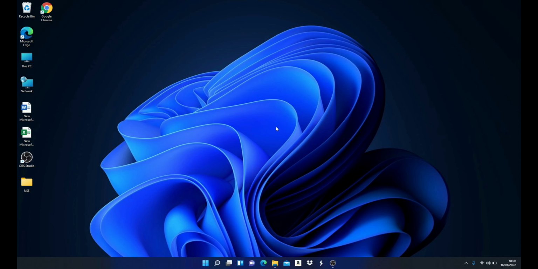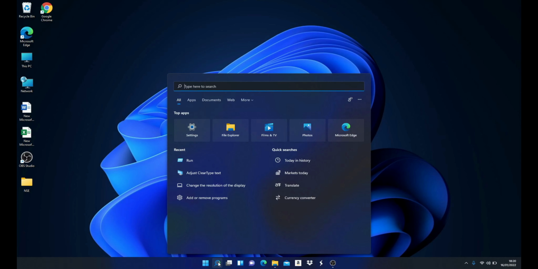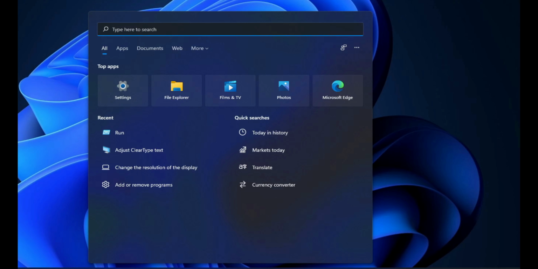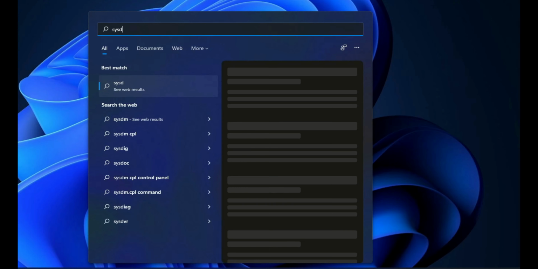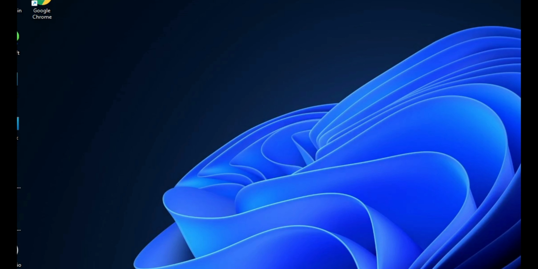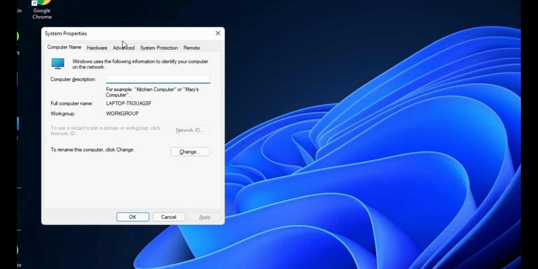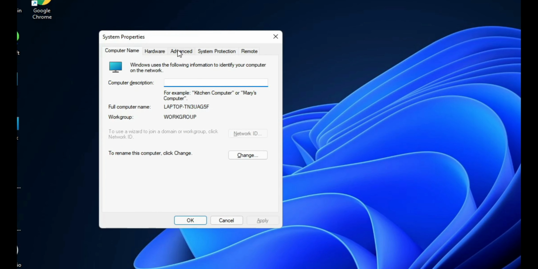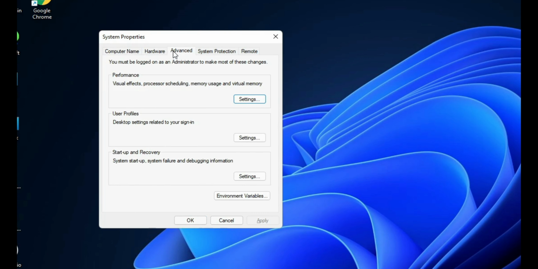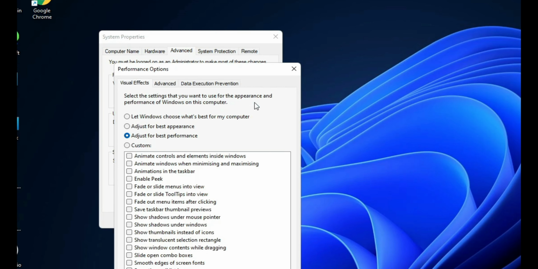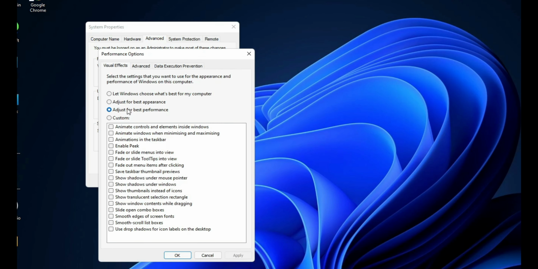So what we're going to do is close this tab and move to the next step, which is to click on the search area. In the empty search area, type sysdm.cpl, then press enter. You will land on the System Properties page. First tab is computer name, second tab is hardware, third tab is advanced. Click on advanced. Then in the performance tab, click on settings, and on the settings page, as you can see,